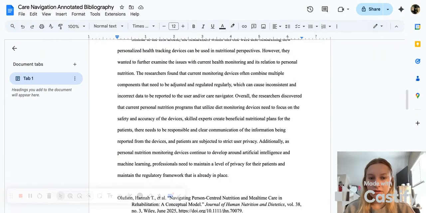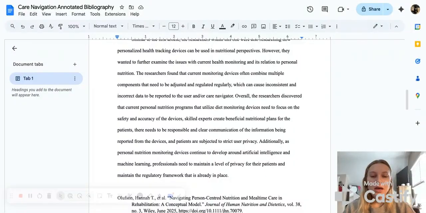They found that the current monitoring devices often combine multiple components that need to be adjusted and regulated regularly. And if it's not, it'll cause inconsistent data, incorrect data, and that's obviously not good if it's being reported to the user or the care navigator or the patient, because then you're not going to be acting well upon that. You don't have the right data to eat what you need to eat or take the medicine that you need